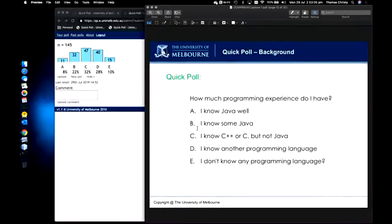Okay, so there are 11 students who know Java really well. The majority of you kind of know C++ and not Java, which is a good place to be. Some Java, that's a good place to be as well. Other languages. Now, so we've got the sort of bell curve. Those 11 students who know Java really well,